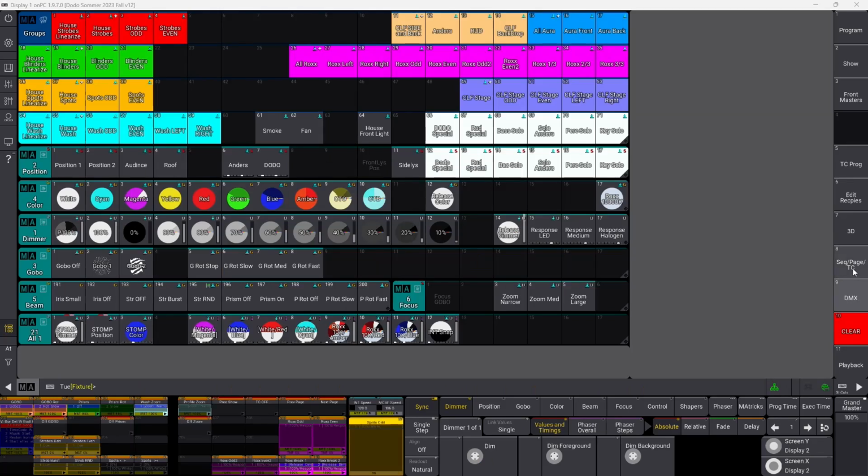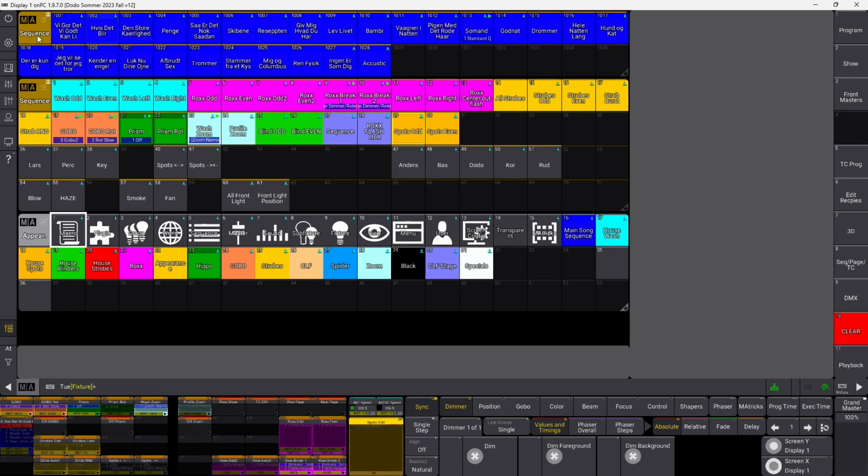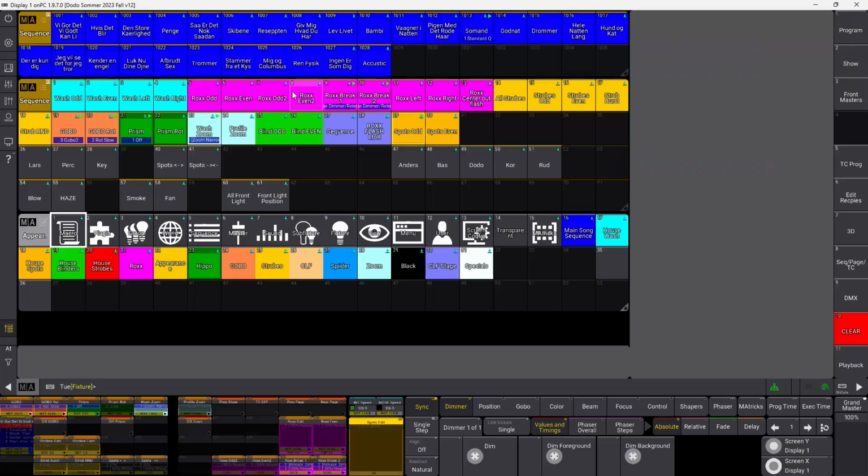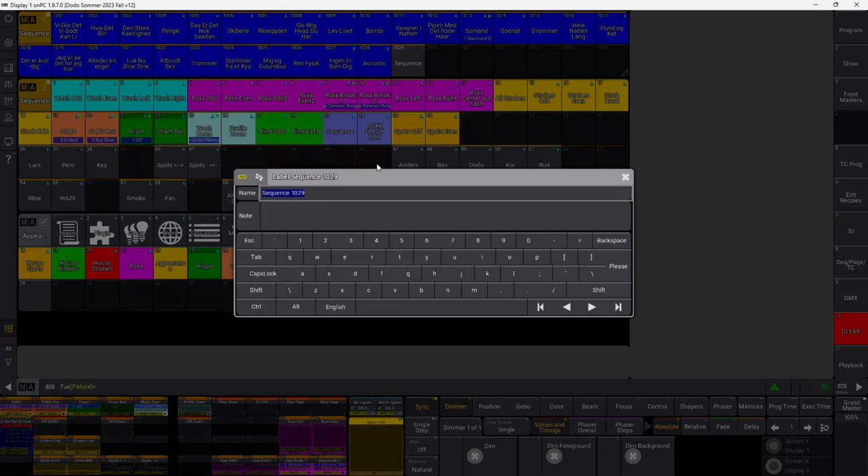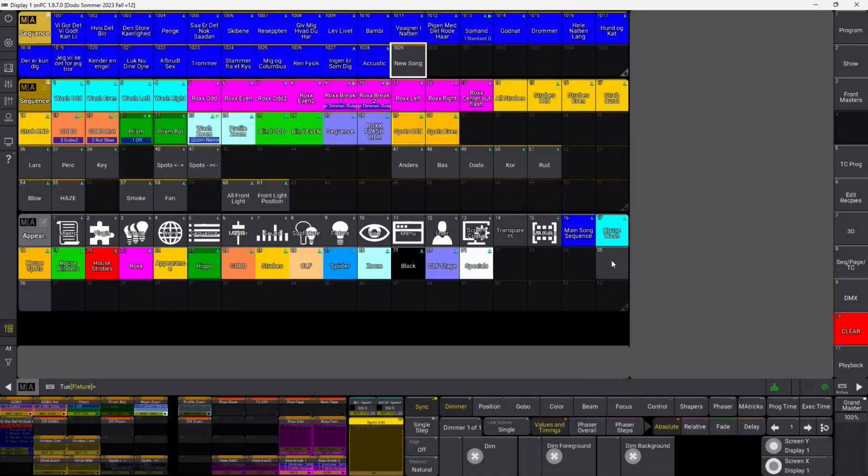And then we go over to our sequence over here. And this is all my sequences, all my faders, all my songs. I have divided them up into two, so everything in blue here is a song, and everything down here is my bump cues or odds and even faders and intensity stuff, smoke machines, all that stuff, even front light for the band. So up here I would create a new song, just store a new song. I would go into label, paste the name, and I down here have all my appearances, and I would simply assign my main song sequence appearance to this one,